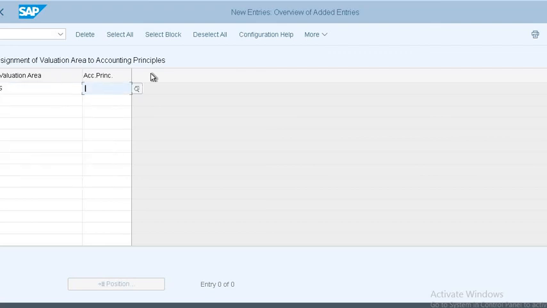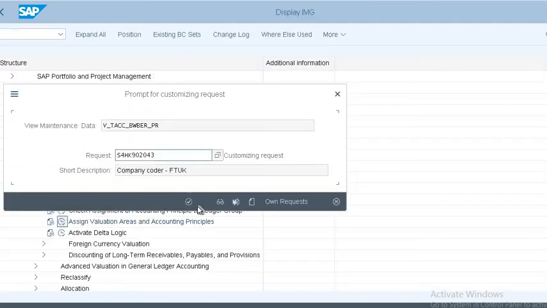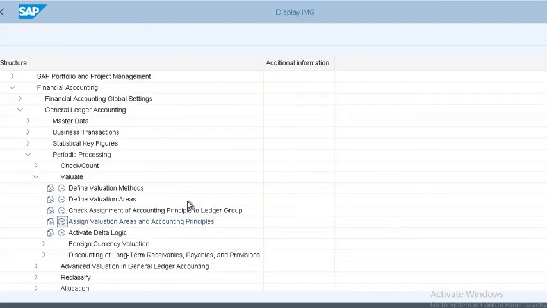Okay, we have defined it there. Okay, accounting principle S1. Let me define some description here.